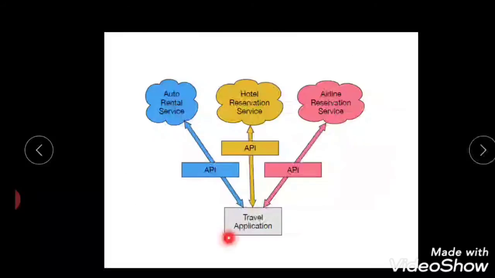I can show you a small example. Here you can see a travel application is a single site. You can take examples like Goibibo, Yatra, or EaseMyTrip. It is a website, a single website with a UI, which helps you book railway tickets and hotel reservations also. When you book an airline ticket reservation, once you are done with that, it will suggest that you even book hotels.